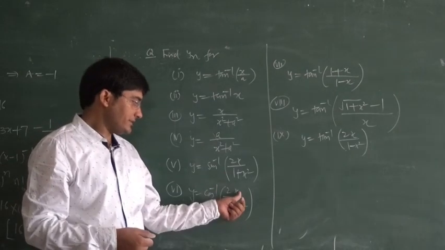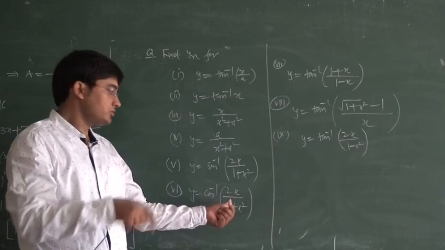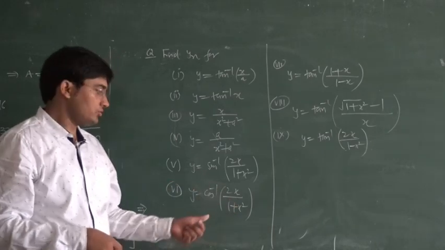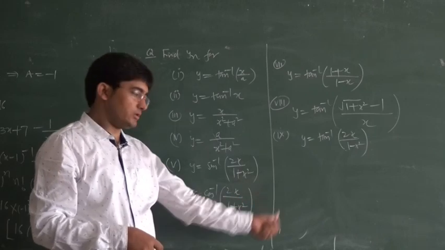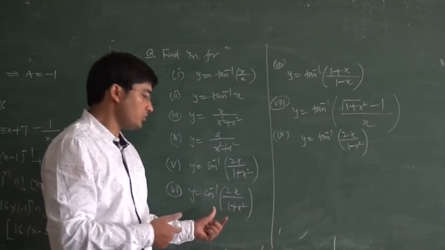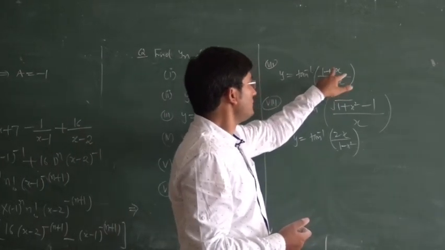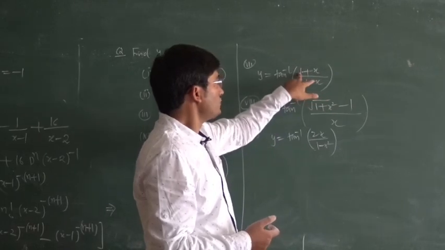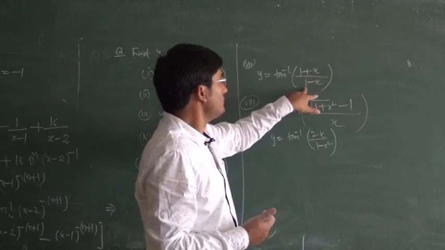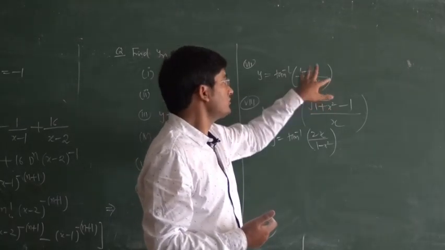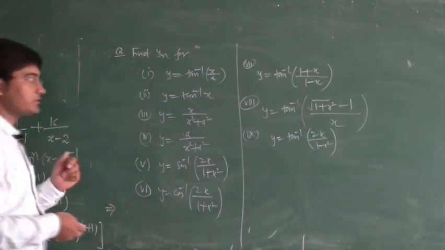Similarly, if you put x equal to tan theta here, then this is your sin 2 theta, and sin 2 theta can be written as cos 90 minus theta. So we can write this one as cos of 90 minus 2 theta, and this will be pi by 2 minus 2 theta. If you put x equal to tan theta here, then this will be 1 plus tan theta upon 1 minus tan theta, and this 1 can be written as tan pi by 4. So we will have tan pi by 4 plus tan theta upon 1 minus tan pi by 4 into tan theta. So this will be your tan of a plus b, that means tan of pi by 4 plus theta. So we will get pi by 4 plus theta.